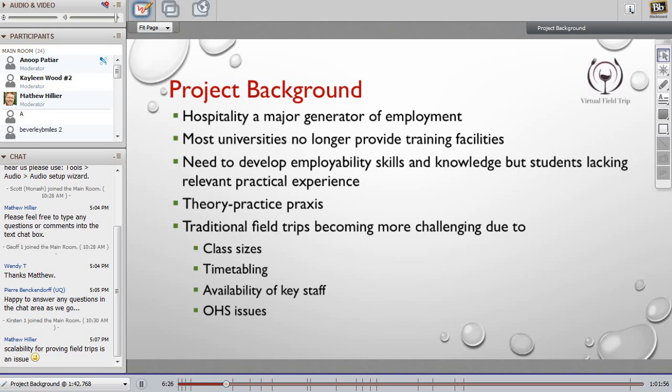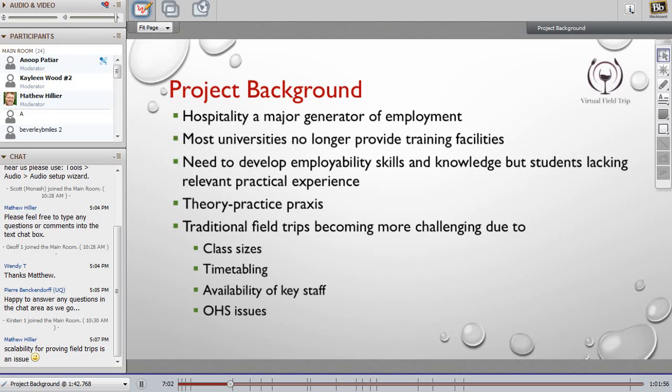At that time, we had a meager $2,500 grant from Griffith University to take a small camera crew into the hotel and record some of the images and some of the interviews. Then we brought that back into the university, and the multimedia team put it together. It was a very crude and cheap way of putting a virtual field trip together, but it did serve its purpose because we implemented it in the food and beverage management course.